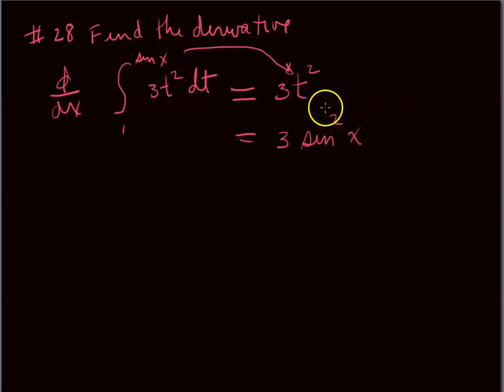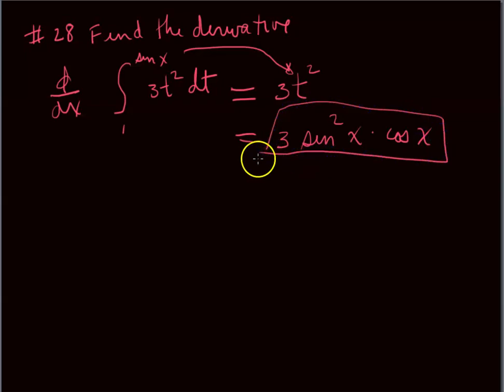Now, one of the problems is, once you have that, you've got to remember the chain rule, because we need to find the derivative of what t is. t is sine x. So what's the derivative of sine? The cosine of x. So you get all of this. You get the 3t, which is sine x squared, times the derivative of t, dt here. A similar problem,